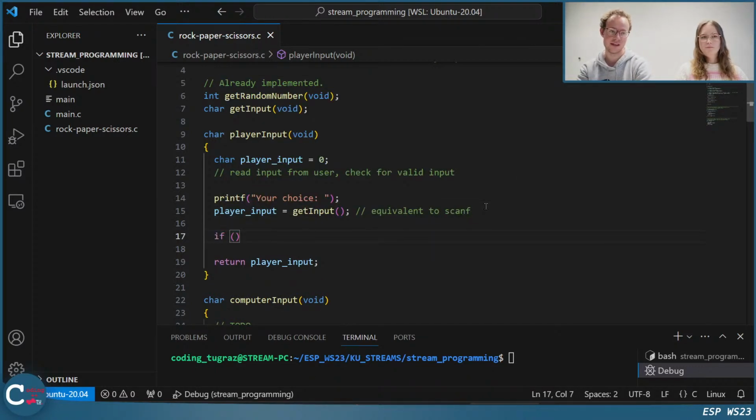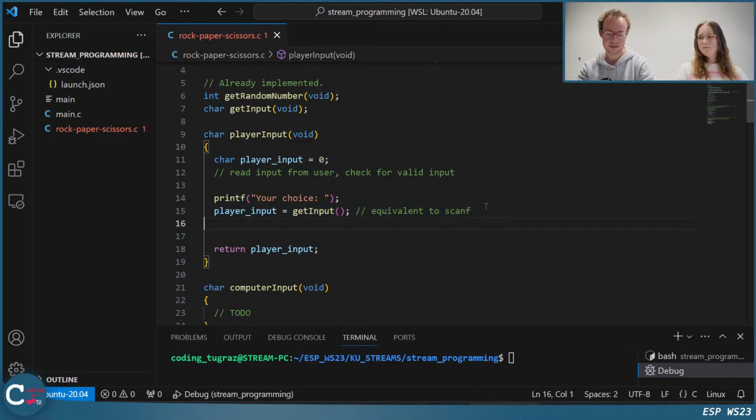And now probably I would ask something like, if the player input is correct, then we continue, and if it's not correct, then we would want to have another input. But if it's not correct either, then we want to have another input and another input and another input. So it really looks like a loop. So we really want to implement this part where we get something from the user as a loop.